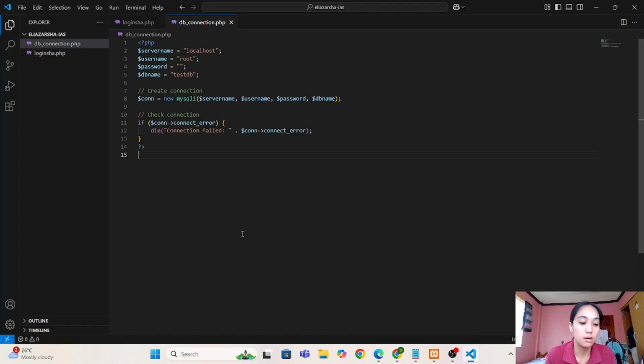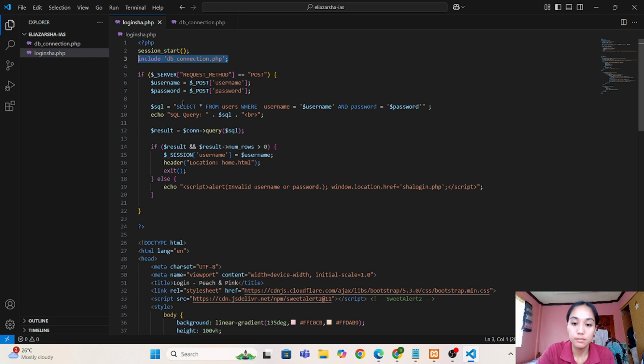So here, then next is, in this code, server request method equals post. Now we check if the user submitted the login form using the post method.